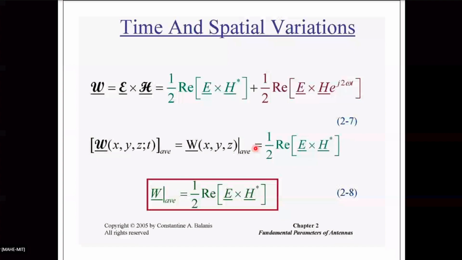You are taking equation 2.7 for granted. You don't know equation 2.7 yet, as I have not derived it. I will give it to you through notes. Upload it. But you have to accept this for now until I tell you further. So average power density is half times the real part of E cross H star.